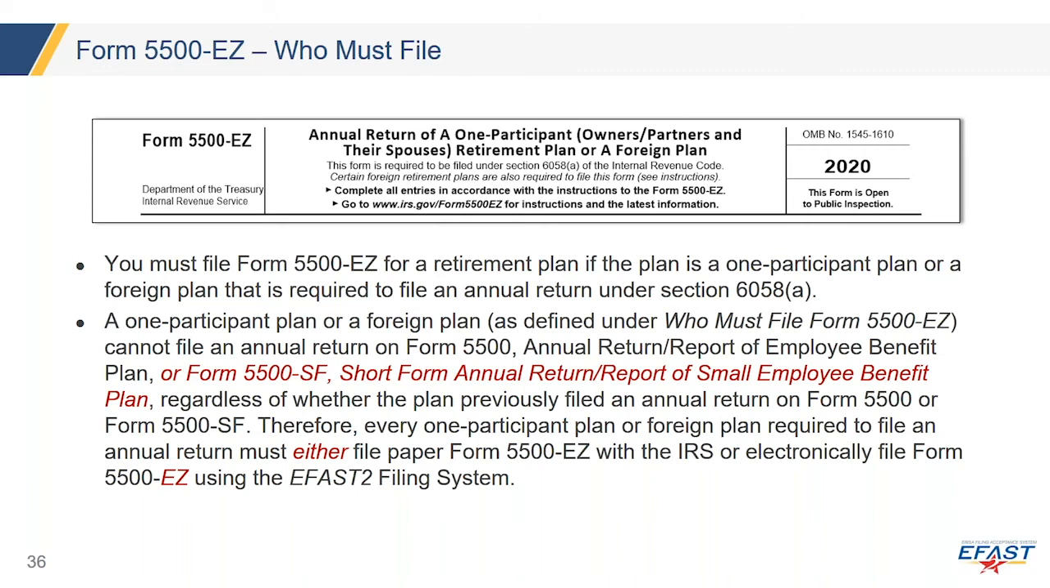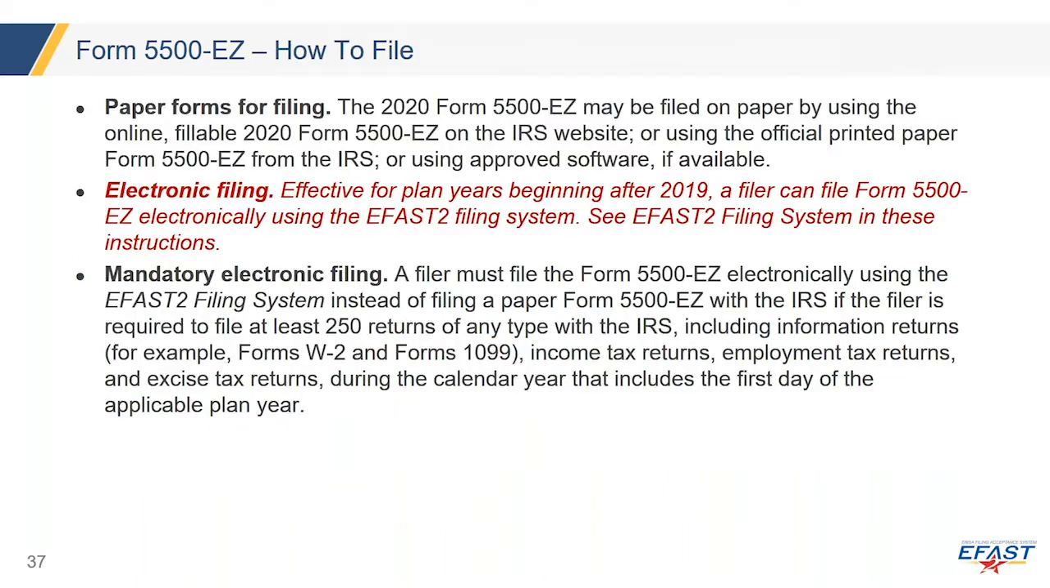Before 2019, it was only for the one-participant plan. The foreign plan was just added, starting in 2019. How do you file the Form 5500-EZ? Starting this year, 2020,